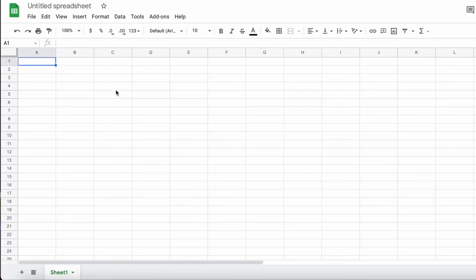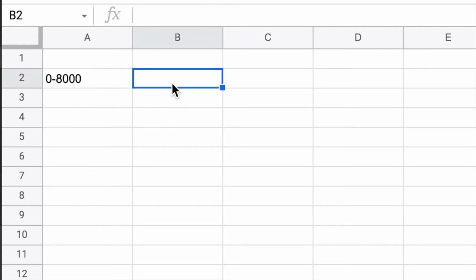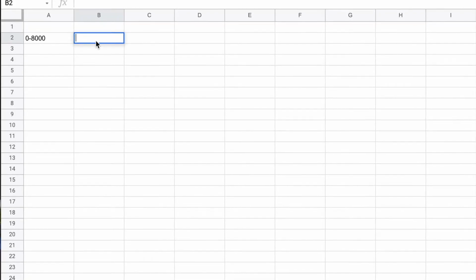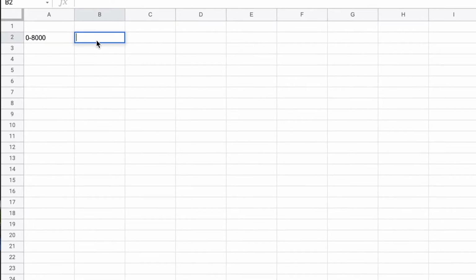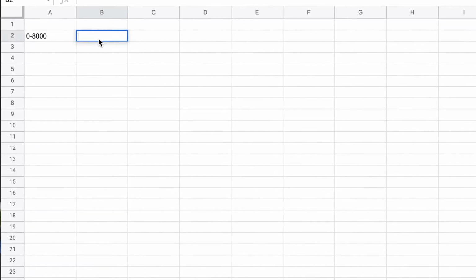So what I did is I just opened up a spreadsheet just like this. We start off from 0 to 8,000 square feet. So I put 0 to 8,000 square feet. I would want to charge my minimum amount. So when you're mowing, you want to have your minimum amount that you want to make. You know, people charge by the minute, and if you had a property that would take 5 minutes, you don't